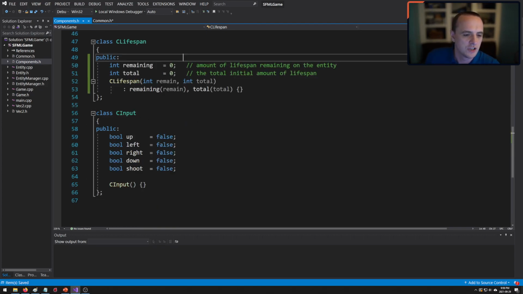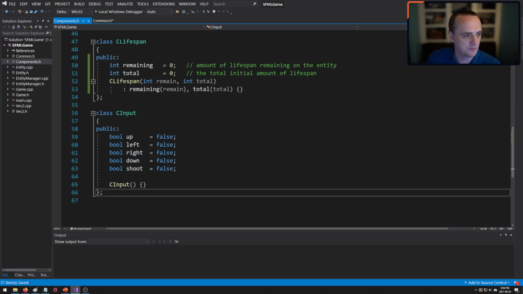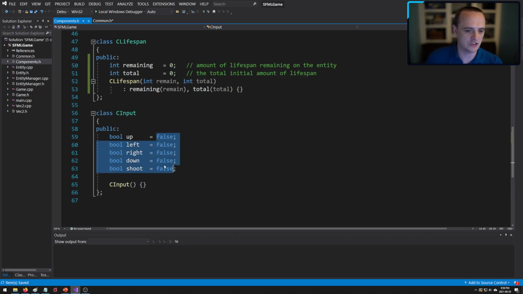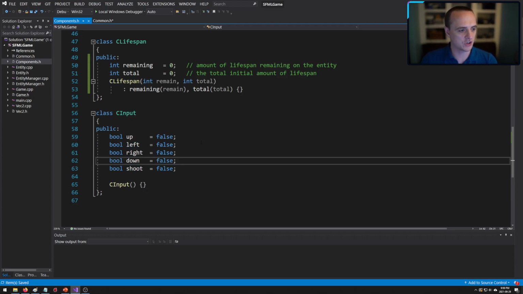Now, you're also going to have an input component. This input component, you're going to attach to the player. What this does is it currently just holds whether or not a current input button is being pressed, okay? So the input component is going to record whether or not the up key, the left key, the right key, the down key, or the shoot key was pressed. And then what you're going to do in your movement system is you're just going to see,